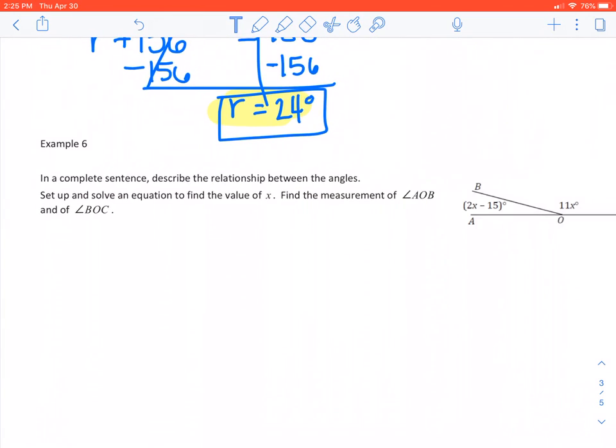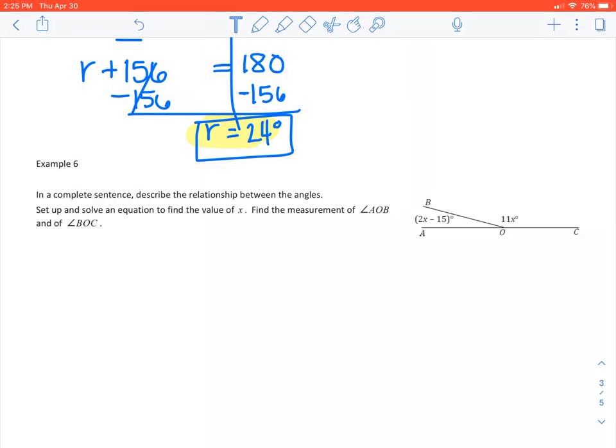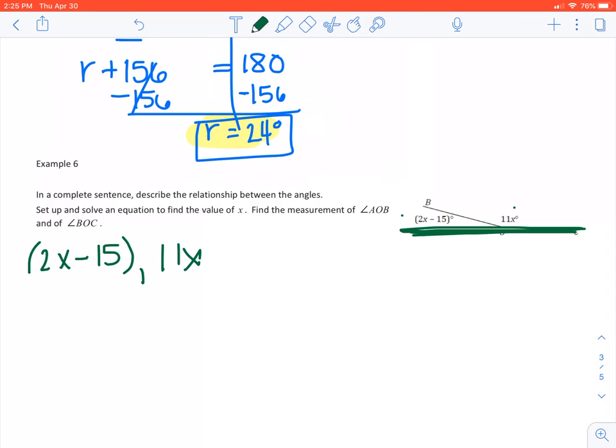All right, number 6. In a complete sentence, we're going to describe this angle relationship. So looking at this angle relationship here, we can see that we hit, whoa, that's not a very straight line. Let's try that again. This is our straight line here, okay? That means that those 2 angles, right here and right here, we have our angles on a line. So there's 2 angles. One of them is 2x minus 15. That's one of the angles. The other one is 11x. So we are going to call those angles on a line,